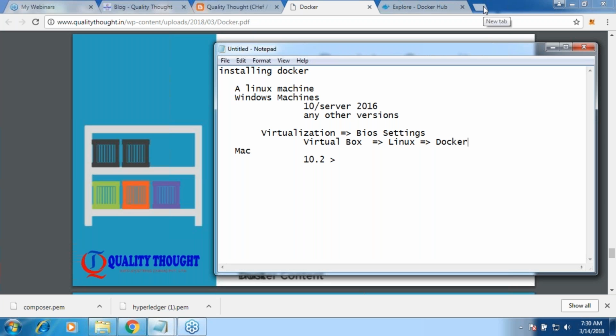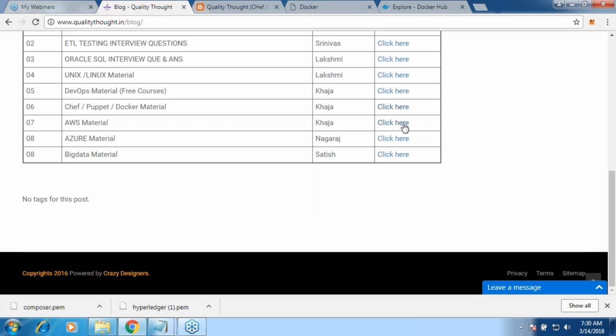Okay, so go into qualitythought.in/blog, and in there you would be seeing DevOps AWS material, and in AWS material there is a link of free tier, something called AWS free tier. Click on that, you would see a PDF file with instructions. Okay, you would receive that in the mail also, but for the people who have not received that mail, are you seeing AWS material?